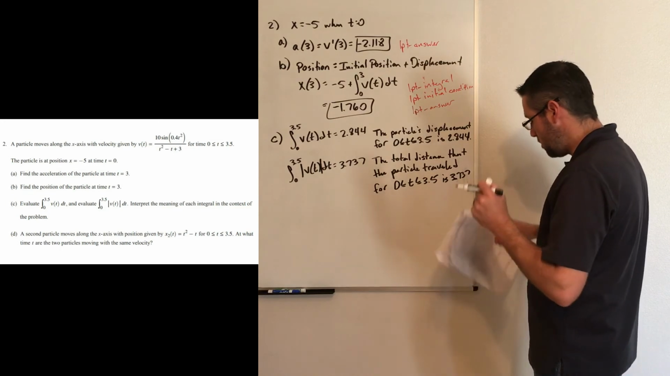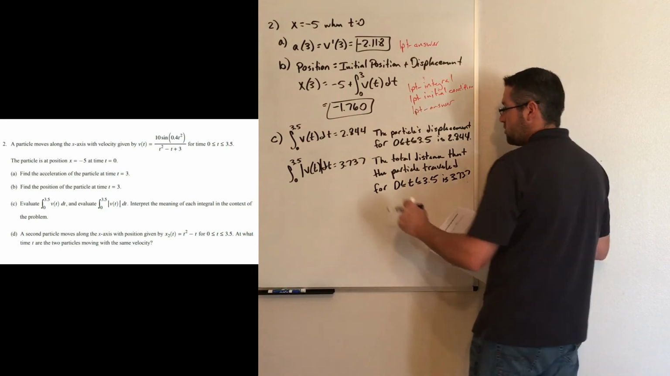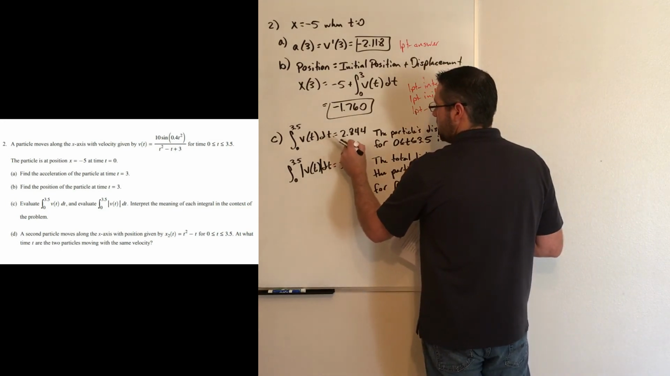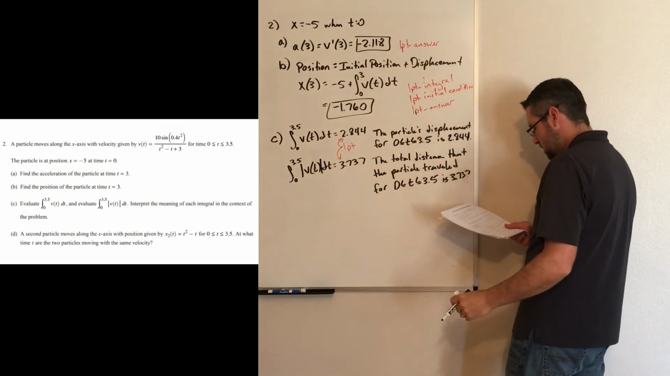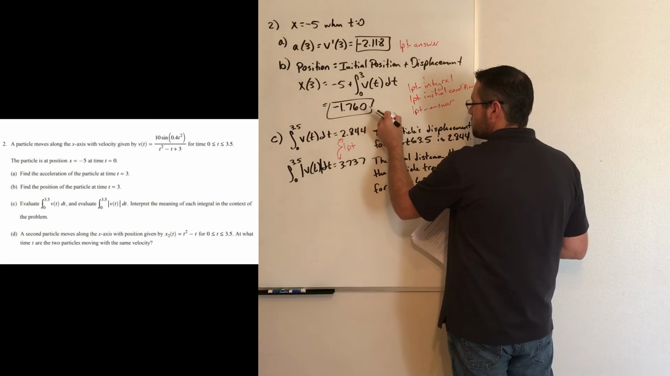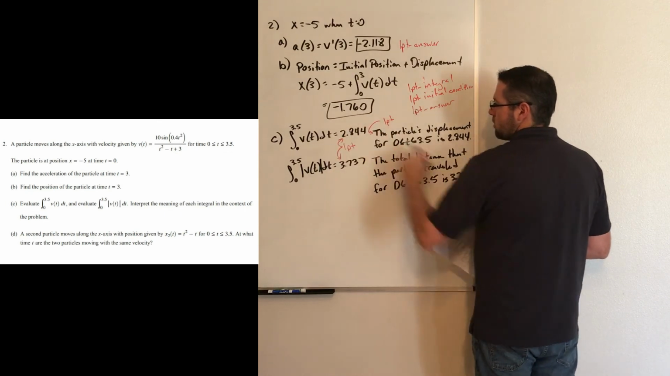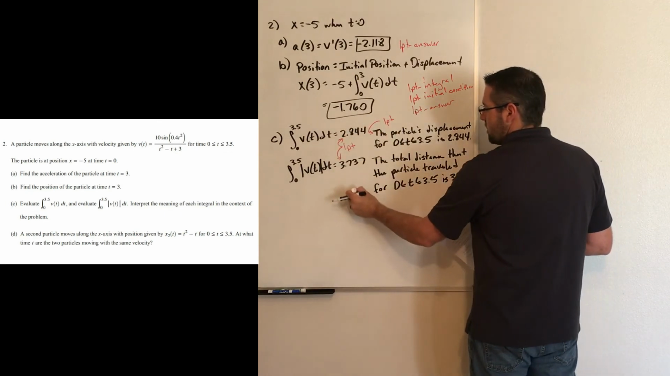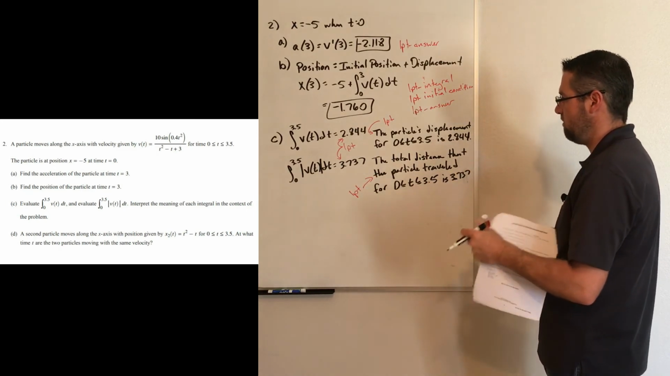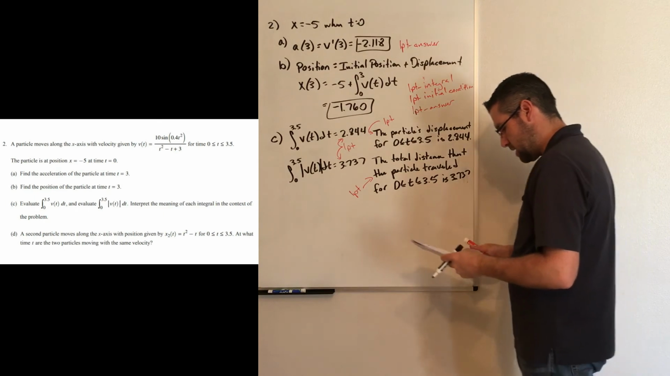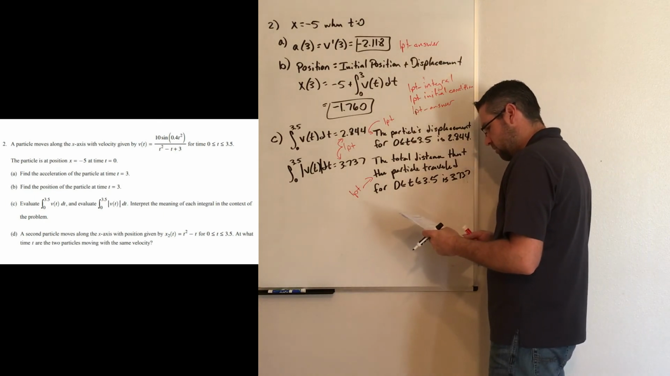As far as points go, you're going to get 1 point for your two answers, so 1 point for having both of these numeric answers. You're going to get 1 point for the interpretation of the integral of velocity. And then you're going to get 1 point for the interpretation of the integral of the absolute value of velocity. So 3 points there. And then for part D,